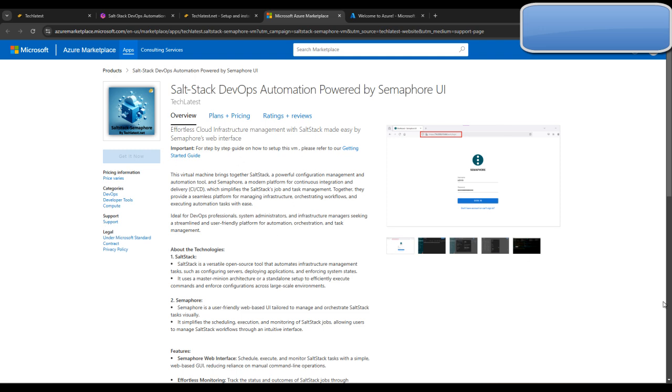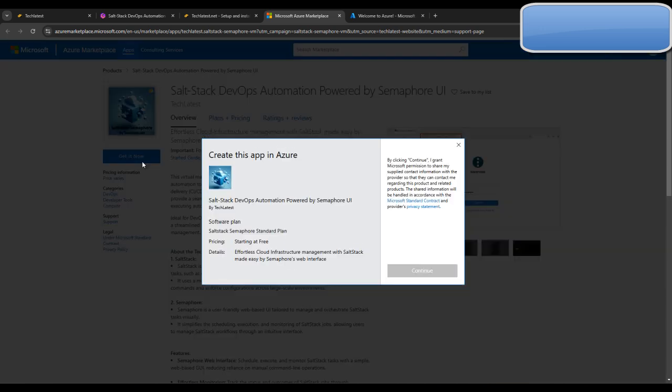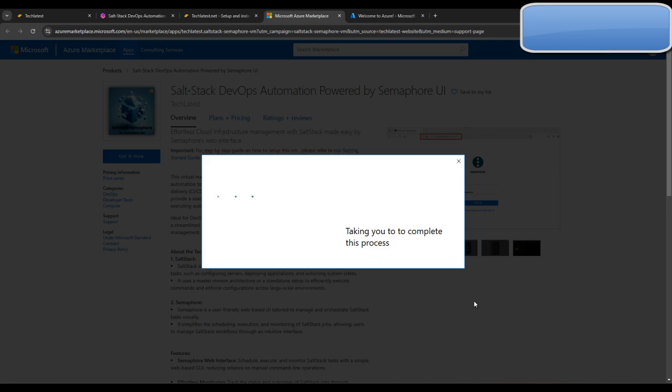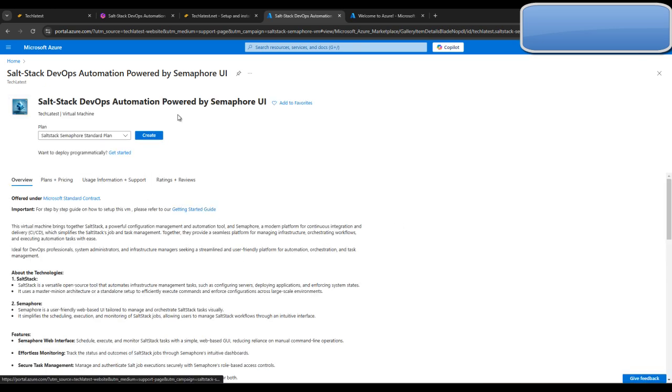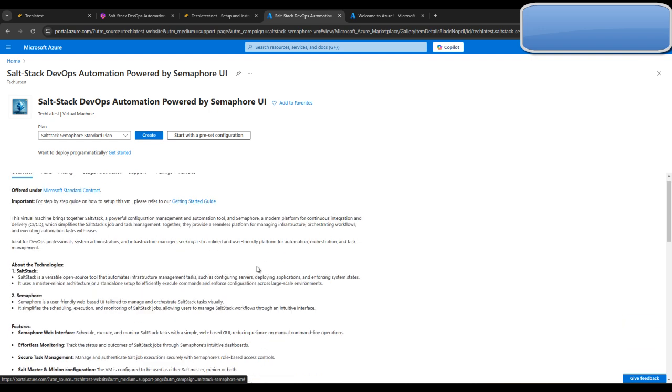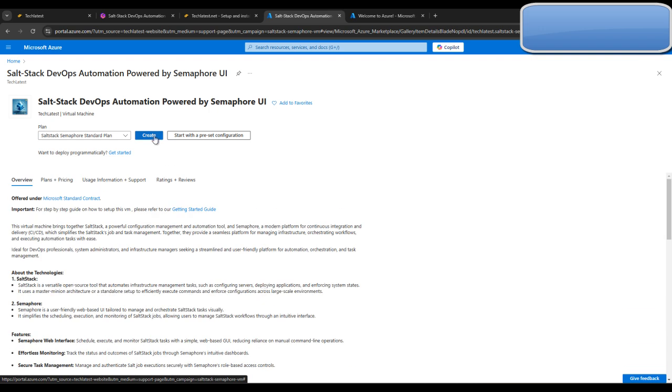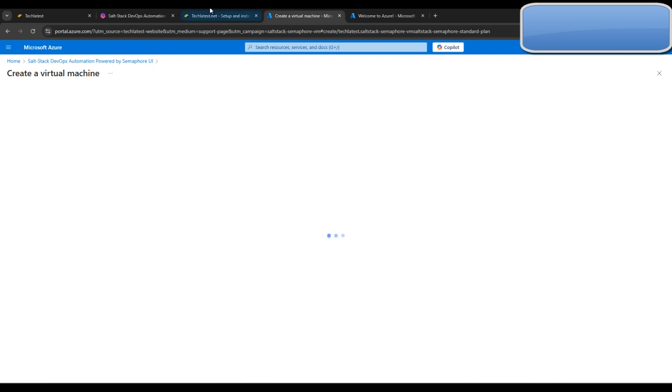And after this, you can click on Get It Now button, then click on Continue button. And here you can see taking you to the SaltStack DevOps automation powered Semaphore UI VM. Okay, so basically this is my dashboard. Here you can see the overview, plans and pricing of the VM. So our next step is basically you have to click on create button, and